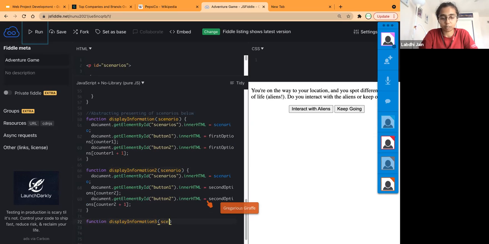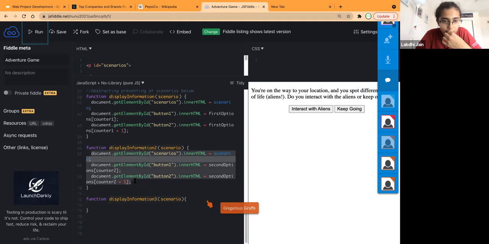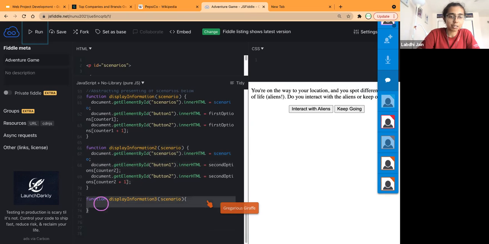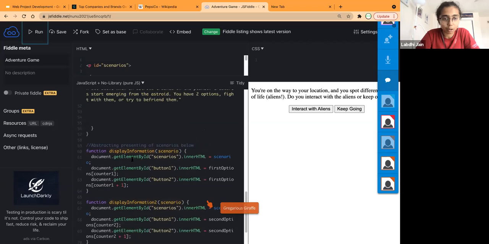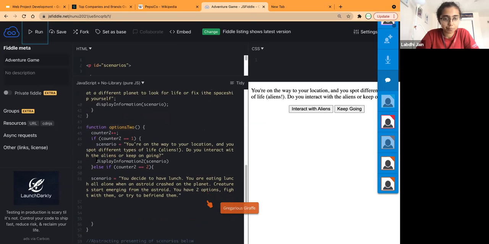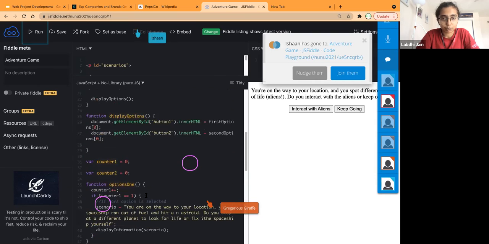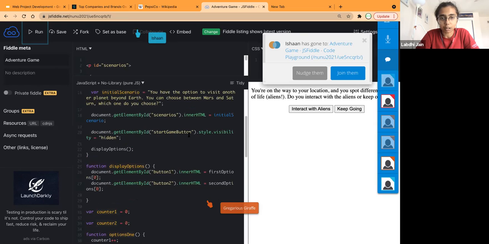We add in our scenario and basically copy and paste this. Hold up. In fact, we don't need to make a function. All we have to do is call this. So display information 2. We add in our scenario and we add in our